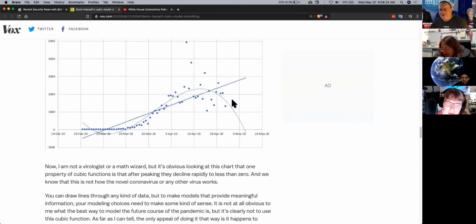And this is what I found in the 70s, programming this stuff in Fortran on a mainframe: polynomial fits just create these waves that aren't there. And obviously, by the way, this is a Poisson. You can see this. This is a very common random distribution, exponential growth and then a gradual decay afterwards. This is in fact a Poisson distribution. But anyway,